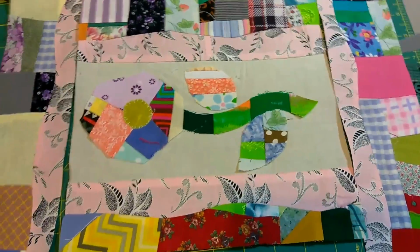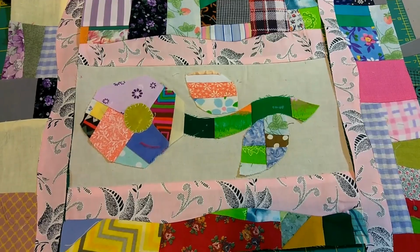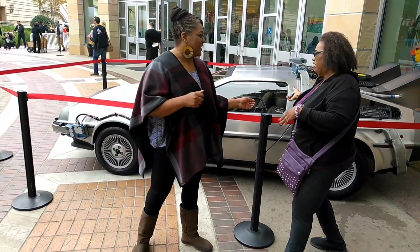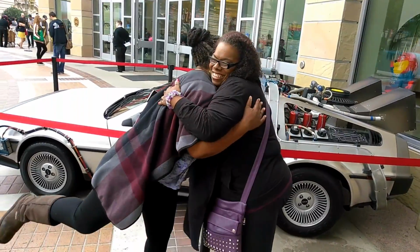Isn't it beautiful? This quilt, I'm going to call it Busy Growing, because it's going to be so busy with all these different colors. But let's see how busy I can get these flowers to grow. They're busy growing. So thank you guys for coming along